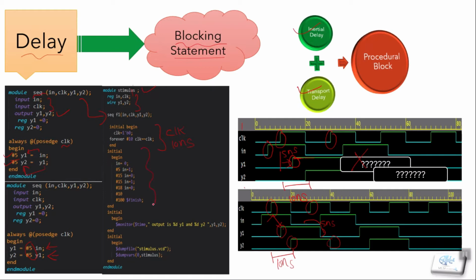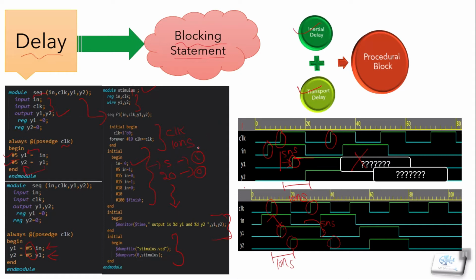And just giving a few stimuli here, with different inputs being changed at different time intervals. Like our input is 0 initially, after 5 nanoseconds it becomes 1, after 15 or 20 it becomes 0, and this goes on. And this initial block we're using to display our simulation on the output waveform, and finally dumping all those variables. I covered all this test bench part in our lecture on the procedural block and the test bench. You can go check that out also.